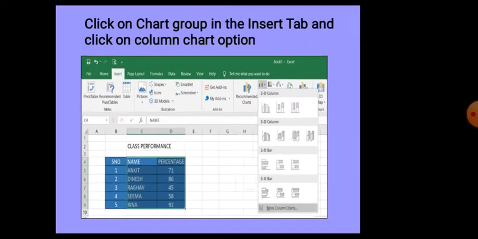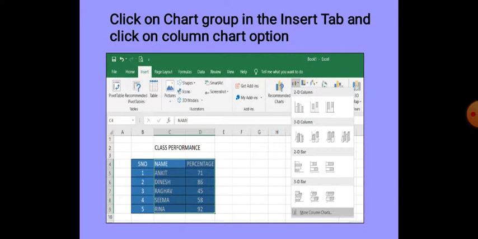In the chart group there are various chart options. Suppose you want to create a column chart, click on the column chart button. If you want to create a line chart, click on the line chart button.